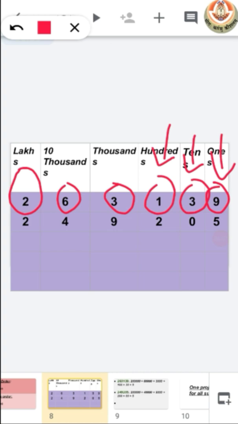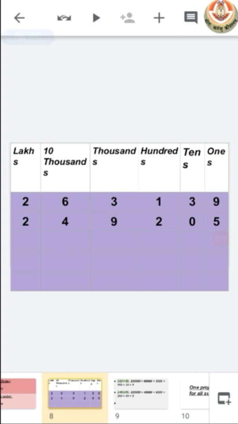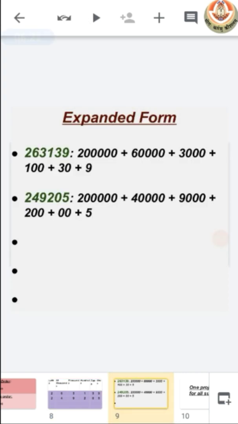Similarly, you have to place the other pin codes according to their place value in this place value chart. After this, you have to write the expanded form of those pin codes. So here you can see we have 263139.